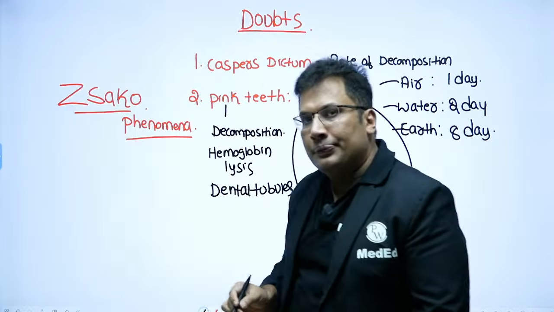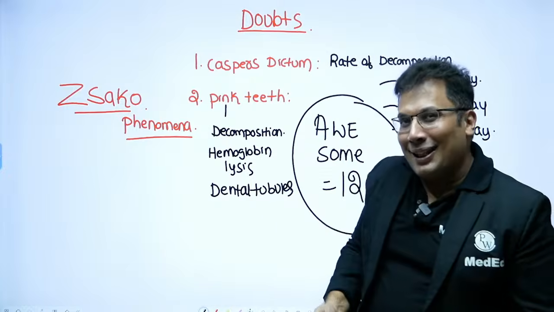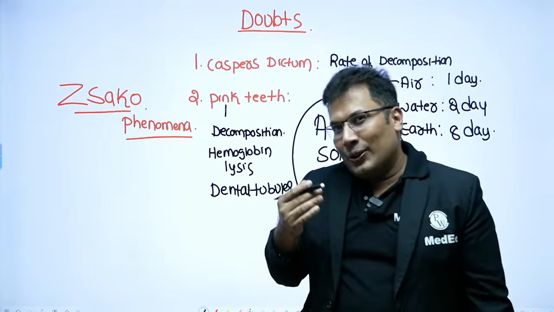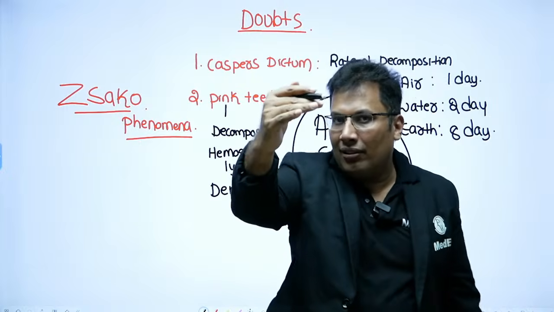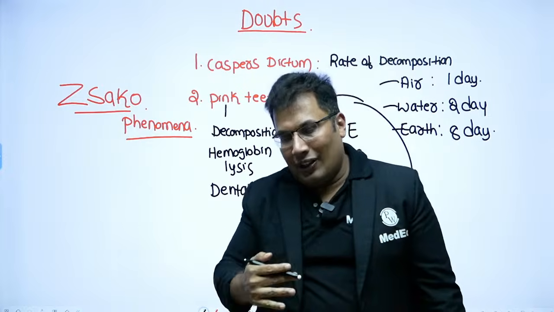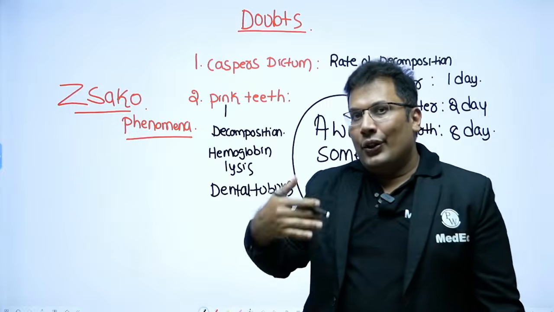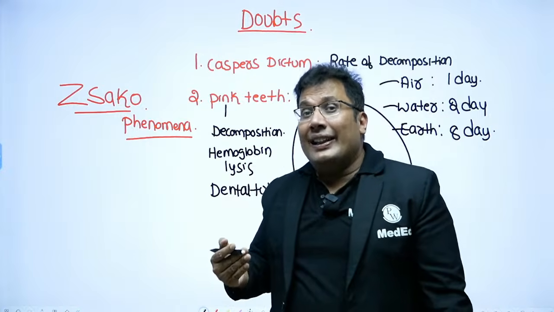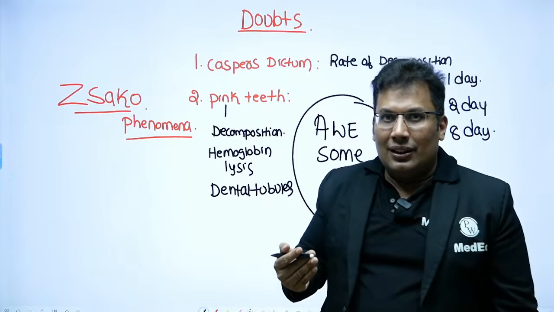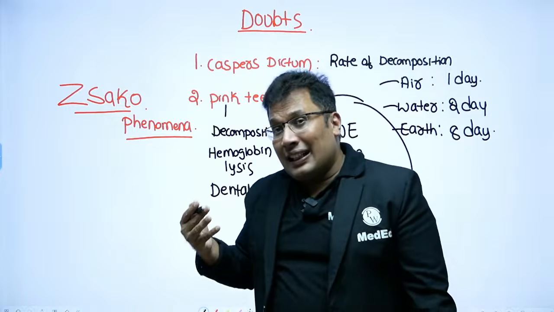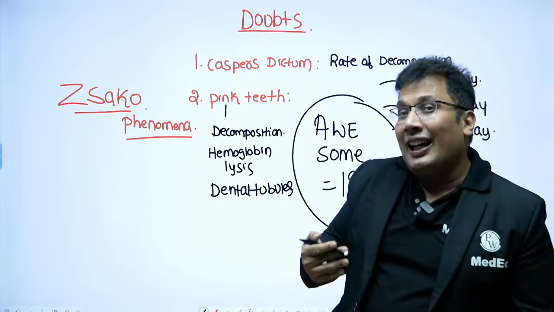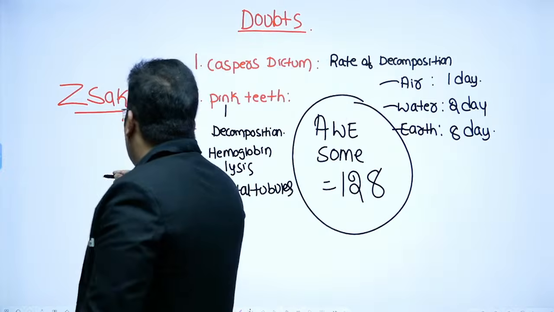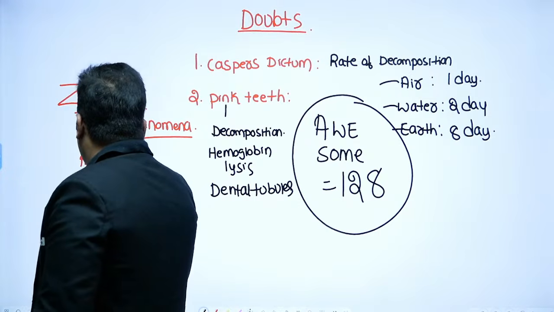Zacco phenomena was asked in the NEET PG exam recently. I said already, after death there will be somatic death, then cellular death, then decomposition and so on. So Zacco phenomena is the mechanical excitability of the muscle, especially the hamstring muscles. So in simple words, it is the mechanical excitability